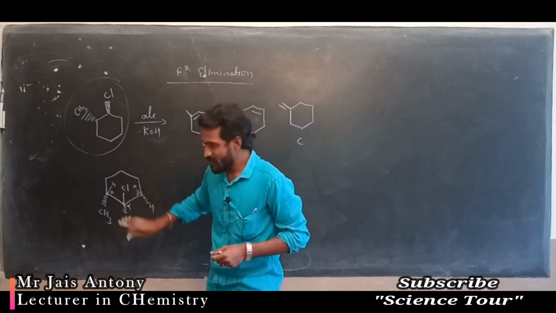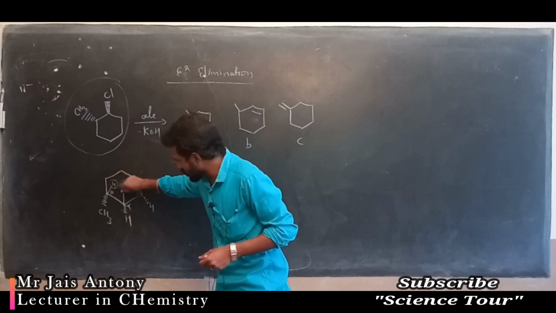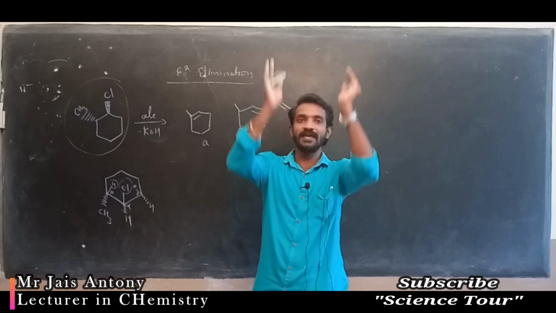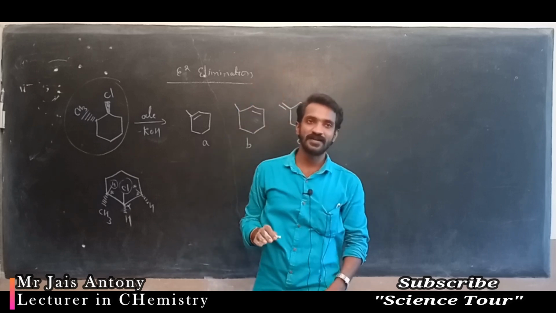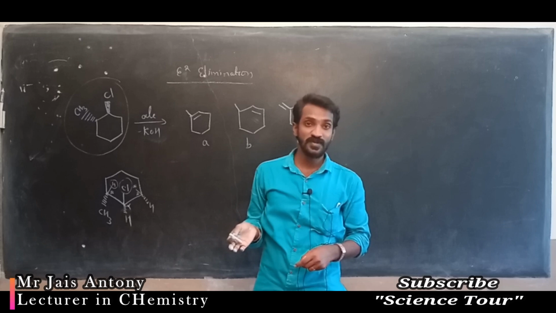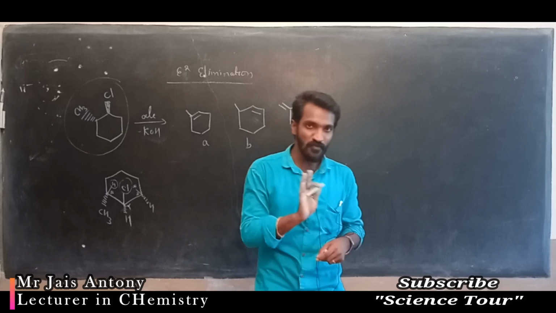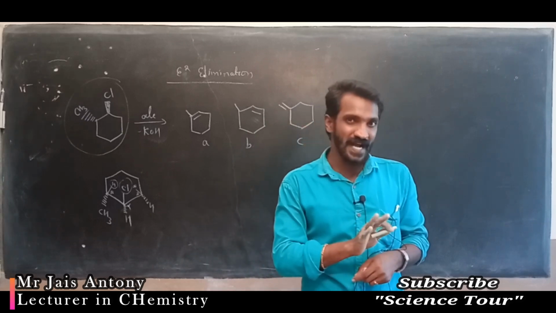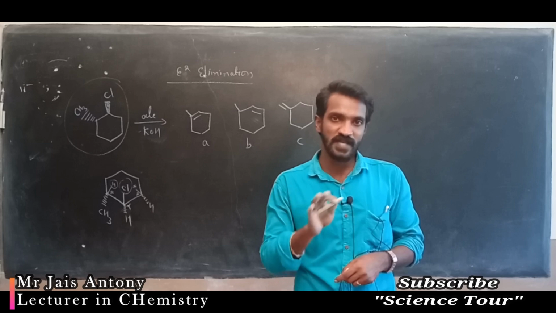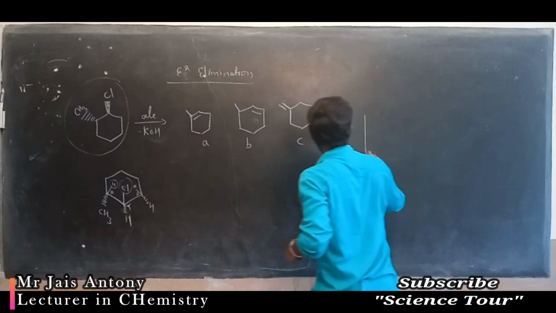This chlorine and this hydrogen are facing towards the same side. It is planar, correct? If it is planar, it does not show E2. That means this beta elimination is not possible. Abstraction of a same-sided hydrogen and leaving group is not possible. Why? The question arises, sir, that I will write like this.